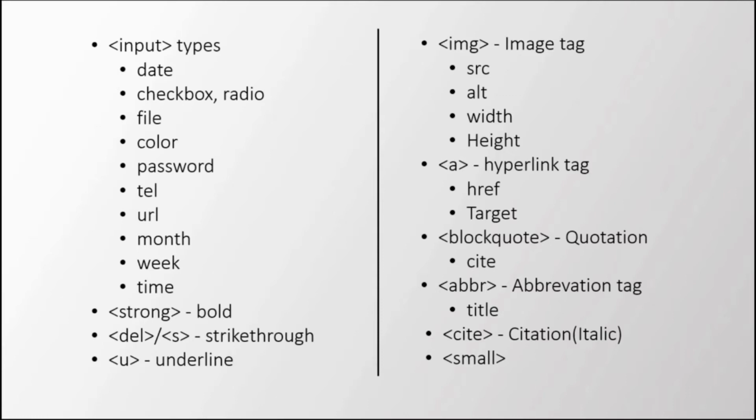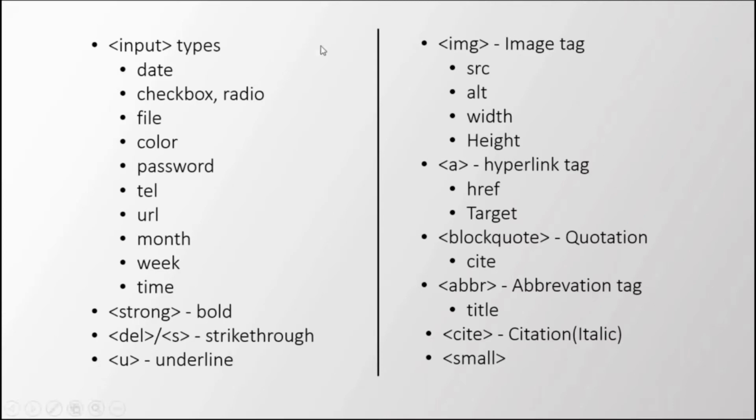For example, if you are uploading a file to a server, the user has to browse for the file and select the file name, right? So you can do that with the file. So simply you try out input type equal to file and save the HTML file and just see what it looks like. You will easily understand.